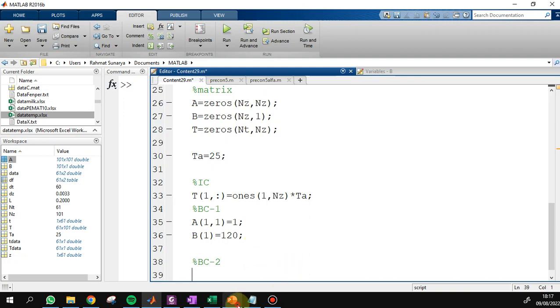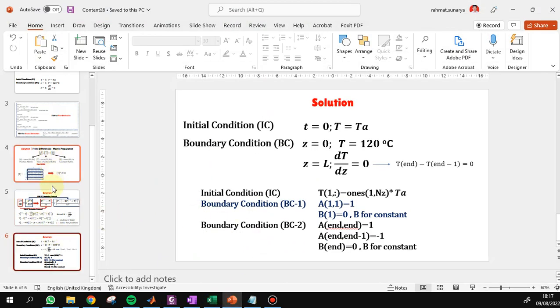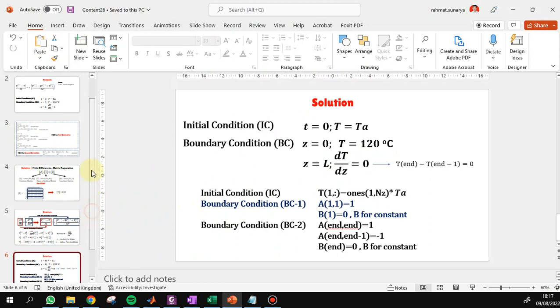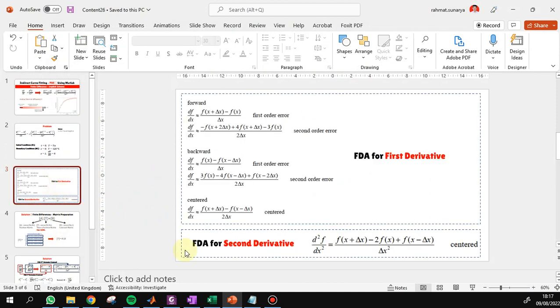We use a first-order derivative using a backward difference. So first-order error for the first derivative, dT over dz is 0.